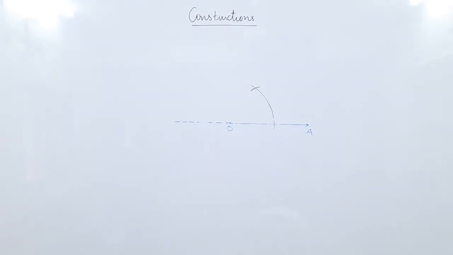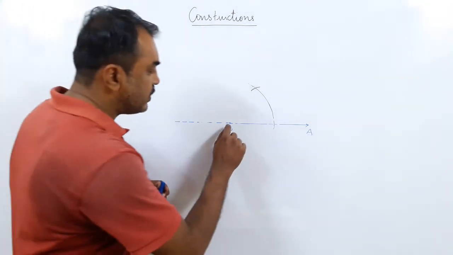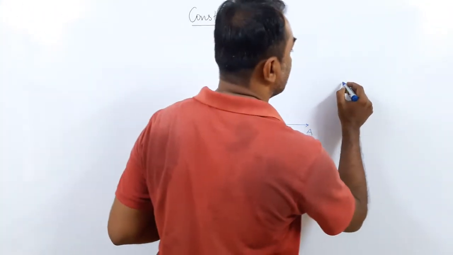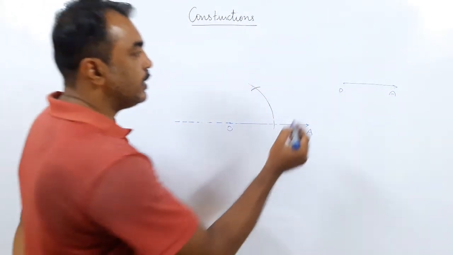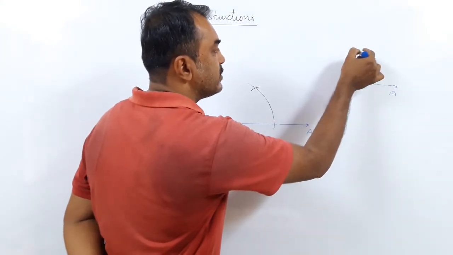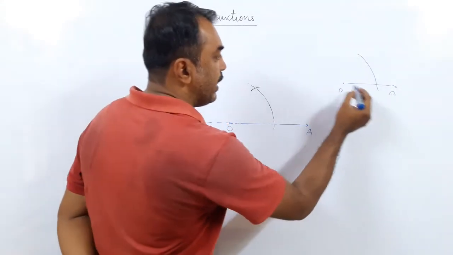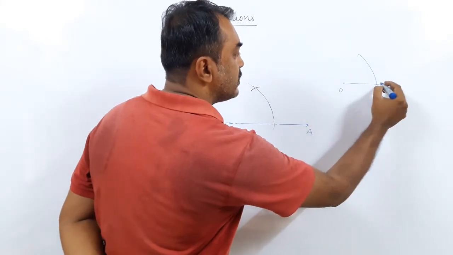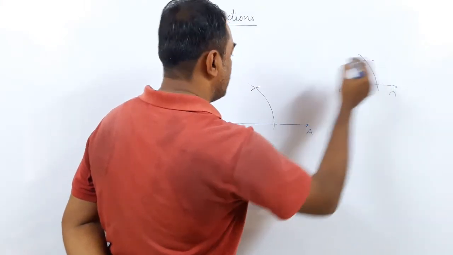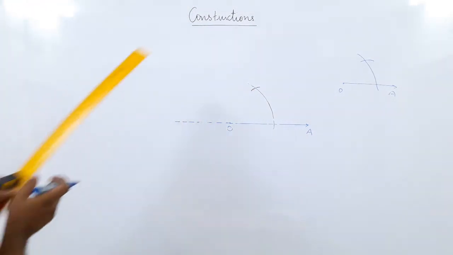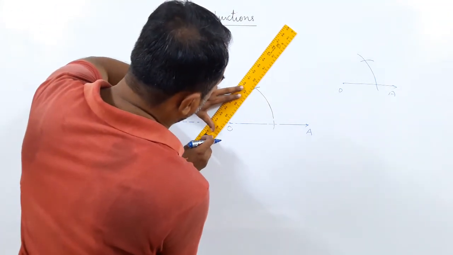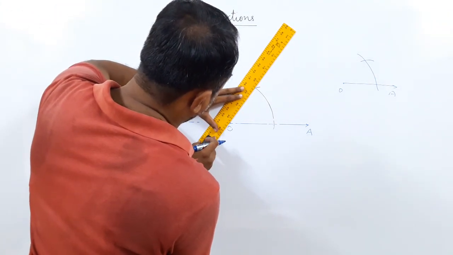Okay, the first angle we learn to make is an angle of 60 degree. What do we do in an angle of 60 degree? So what I basically did, this is the baseline. So whenever you want to draw any angle, draw a baseline. So I took OA as the baseline. Now taking O as the center and some radius, I cut an arc. And with the same radius, I put the point here, and from this, I cut an arc. So I got this point. You can see this point which I got here. Now all I have to do is join these two points, and this should give me an angle of 60 degree. We are going to check whether I am getting 60 degree.